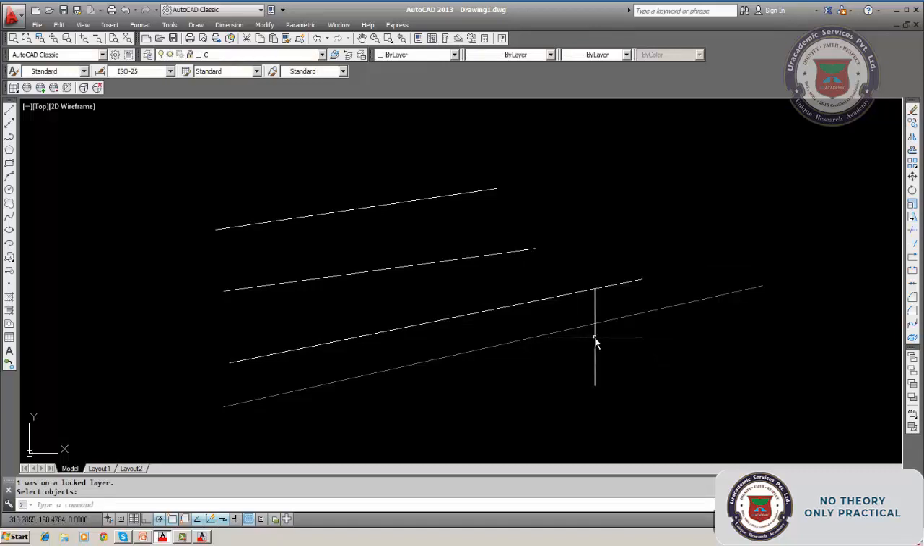The layer cannot be erased. See, the color also changed. But this layer can be erased. Layer B is not locked and then it is erased. I have undone it to keep this layer. Similarly,